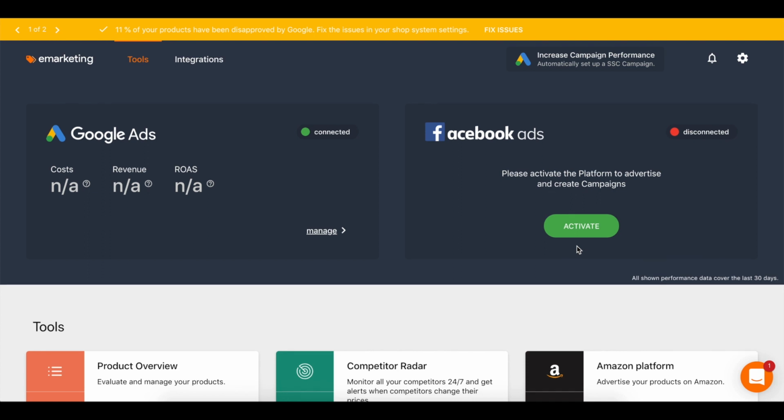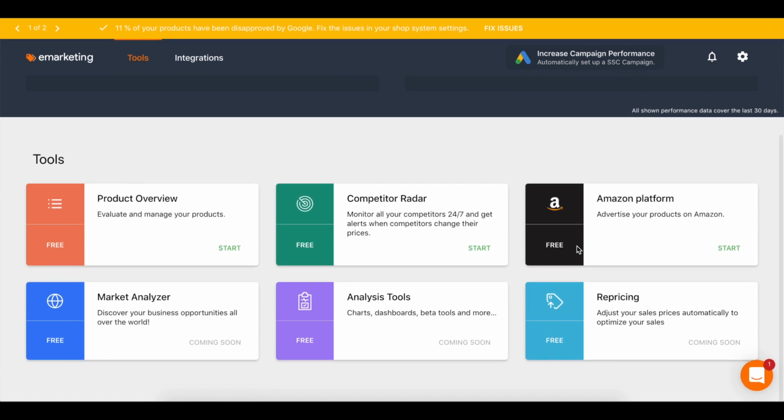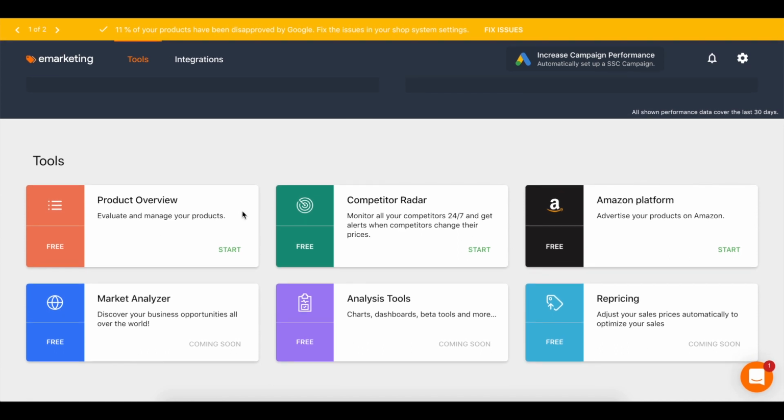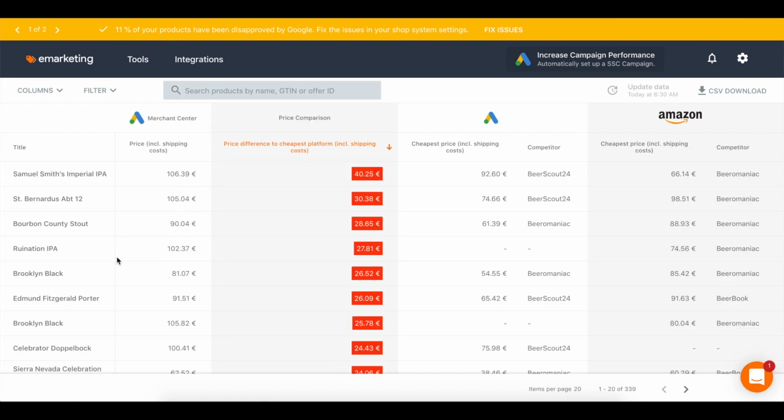So underneath here, you see the tools section of this. Tools are the features that eMarketing has made to make your life as an e-commerce merchant a little bit easier. The first one is the product overview. So you can evaluate and manage your products in here, but it also shows you some really interesting competitor data. So I'm just going to click into this, and you can see our store is selling beer, and you can see not only the price that you've listed it in as yourself, but you can also see the cheapest price on the relative platform.